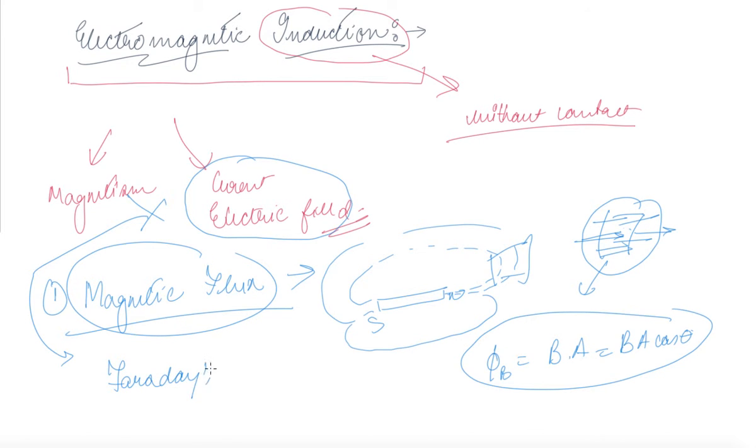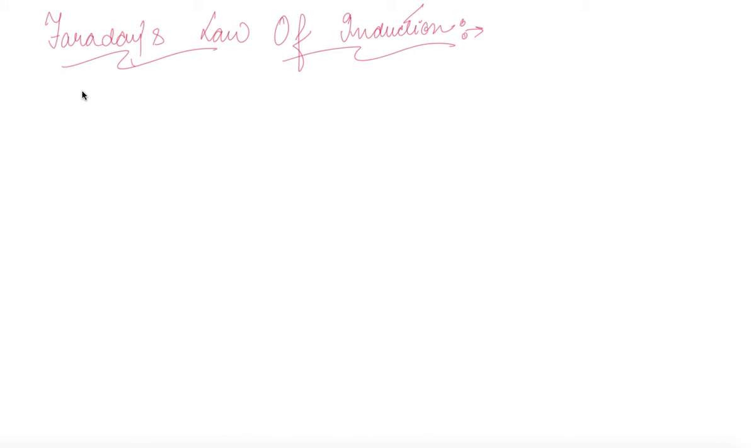So let's have a look as to what Faraday's law of induction tells us. Before Faraday's law of induction, we have an idea that change in magnetic field induces a certain amount of current. So this particular law was stated by Faraday as the magnitude of the induced EMF